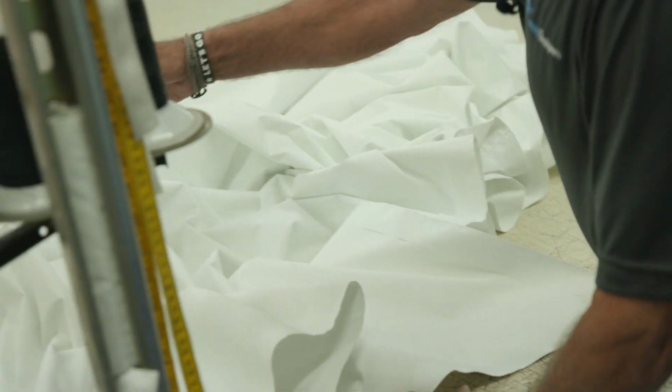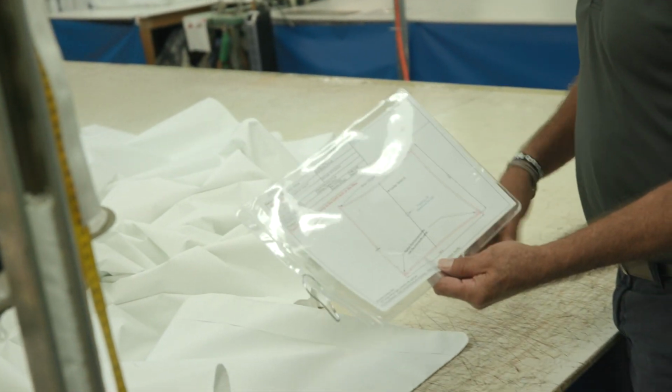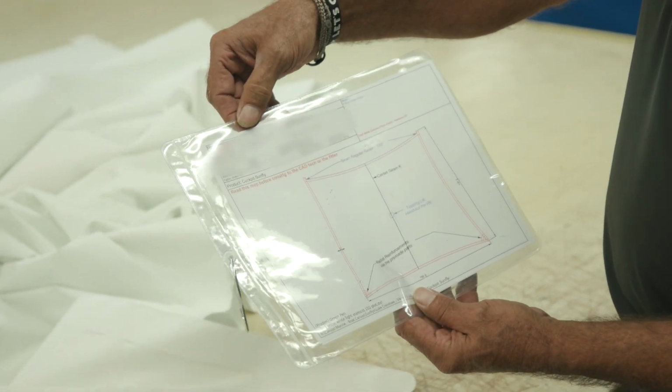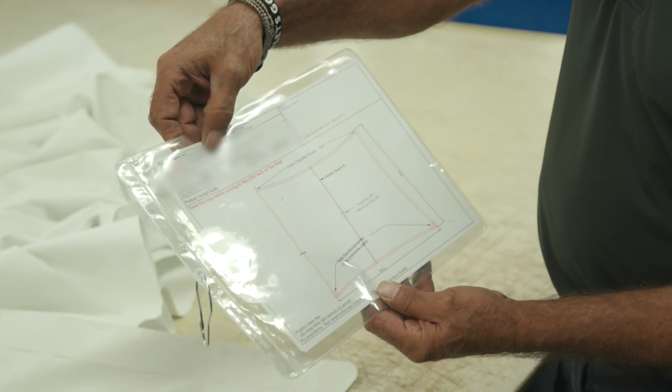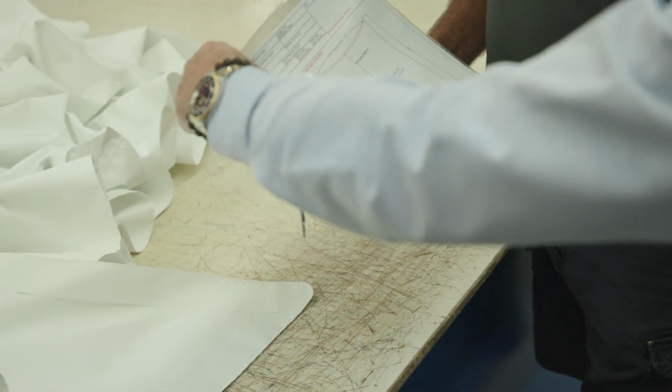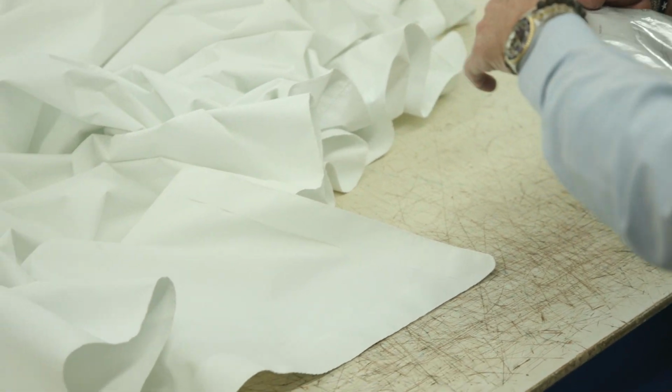So all of our stuff is cut with computers. What we're doing right here is a lightweight shade that's going on the back of a boat. It's going on a boat called Restless, which is a Viking sport fish. Okay, and we'll take the customer's name out of there. Yeah, we'll use